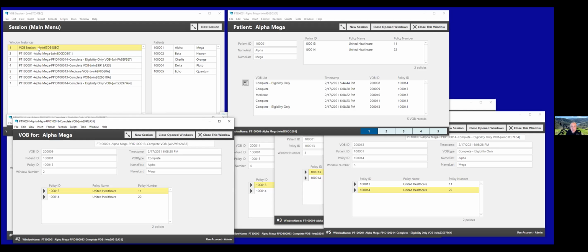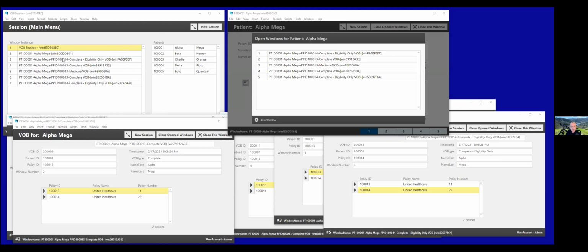The first one in yellow is the main session or the parent system that's always going to be open. So I make that yellow so that you know that's not one of the spawned windows. The first one spawned from there would be the patient record. But when I'm in the patient, I don't want to show itself. So the card window here is only going to show windows 3, 4, 5, 6, and 7, the 5 VOB